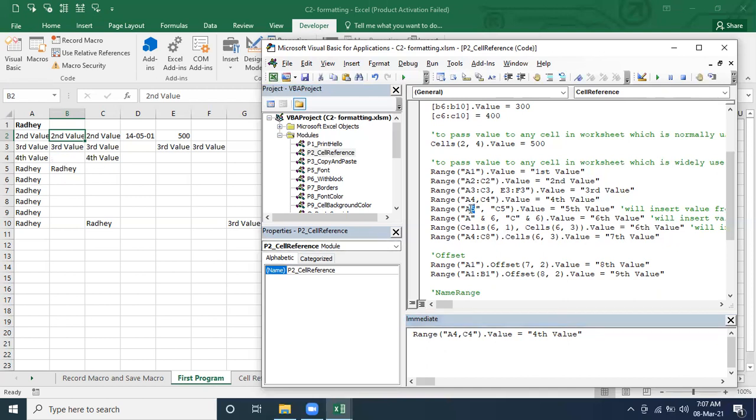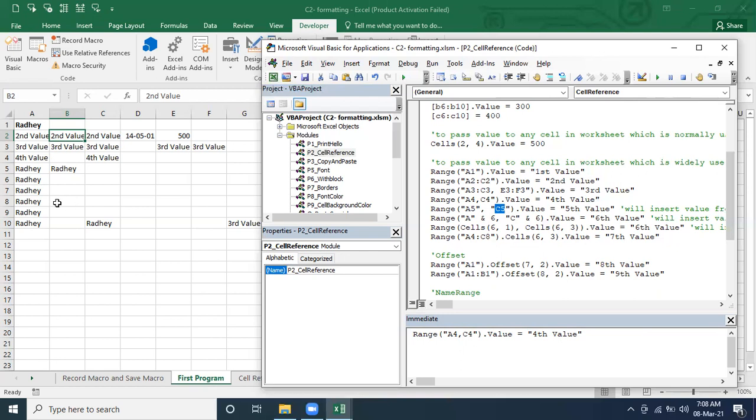And here we are talking about two arguments. The first argument is an individual cell. The second argument is another individual cell. So from A5 to C5, even if you use both arguments, it's going to understand from this point to this point, whatever cells are there between these two cells are going to pass.